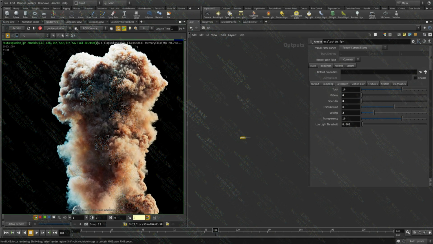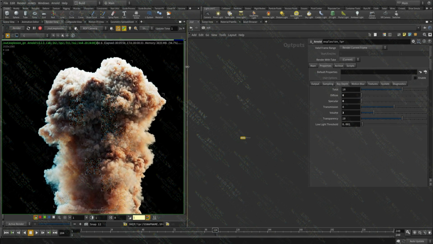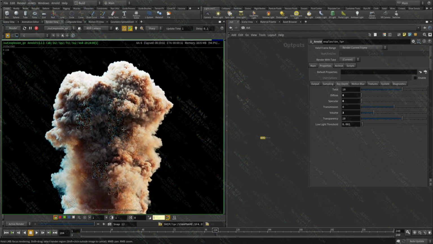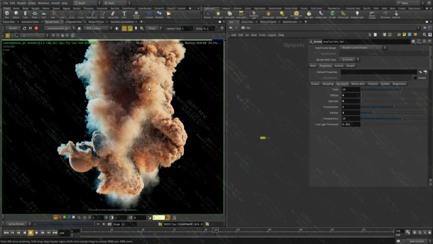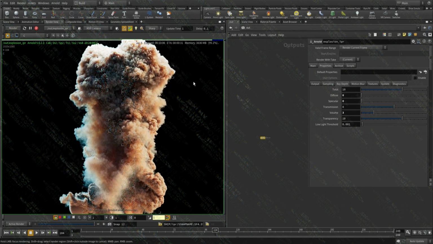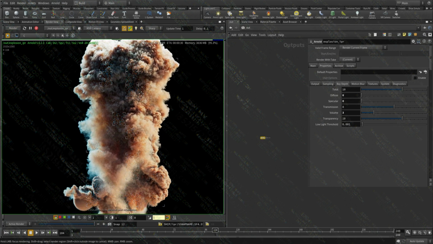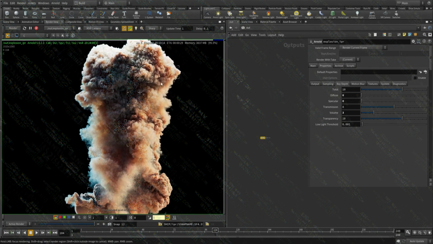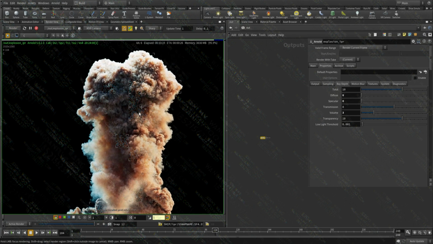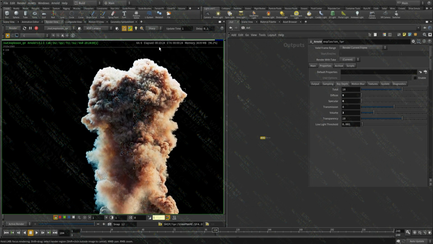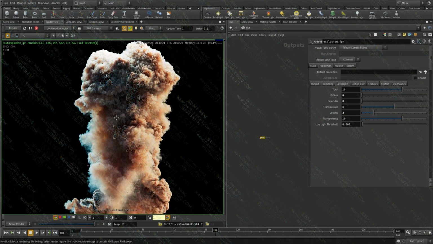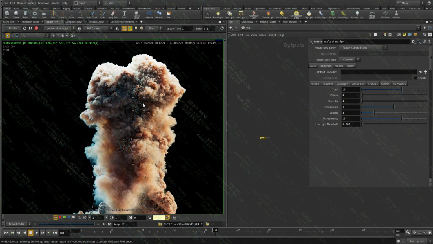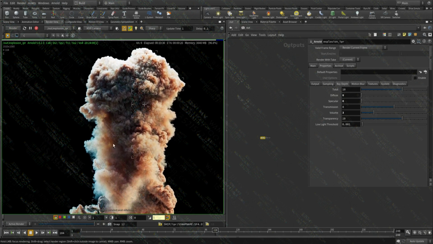So the render is almost done and it took 10 minutes, which is kind of surprising, but I think I know why it's taken this long. It will definitely take a lot longer on a normal machine. This is a quad Xeon, so it's much more powerful than the single CPU machines, and it'll probably be an hour for this render to finish, which is still not bad on a normal machine.